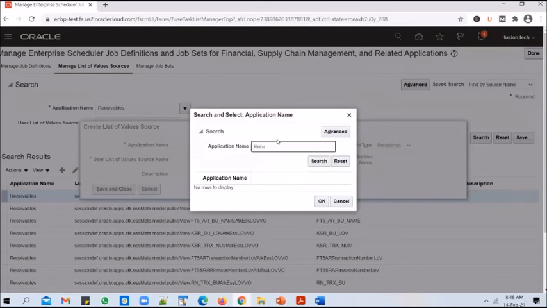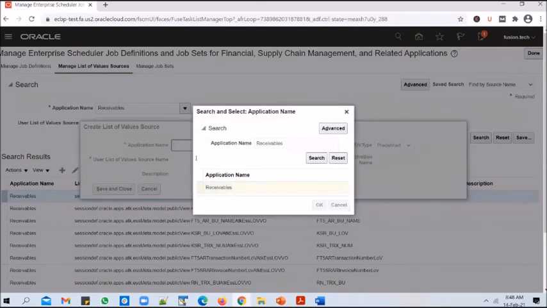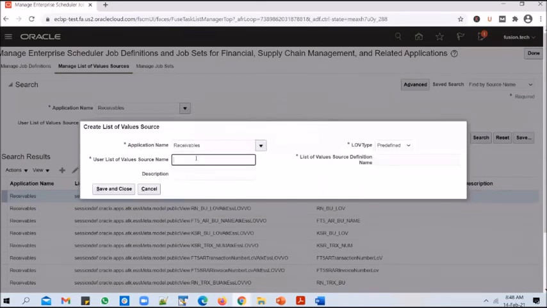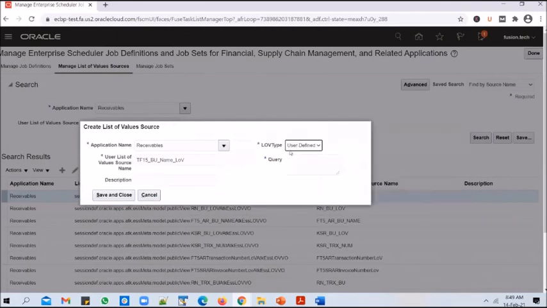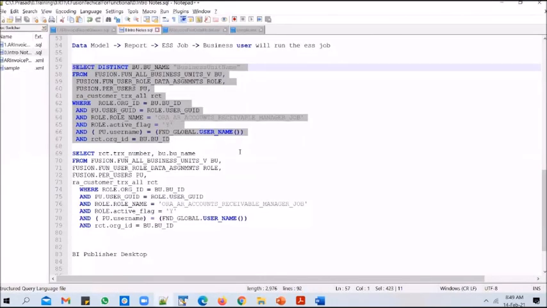If it doesn't work, then we'll go ahead and pick up an existing list of value source. Pick the receivables, and you can say TF15 BU name LOV. Change it to user defined and paste in the query.